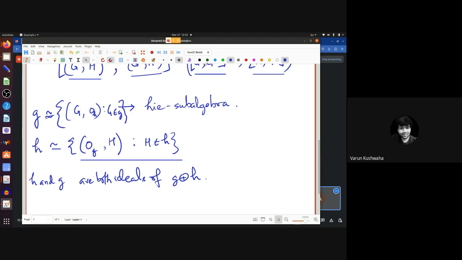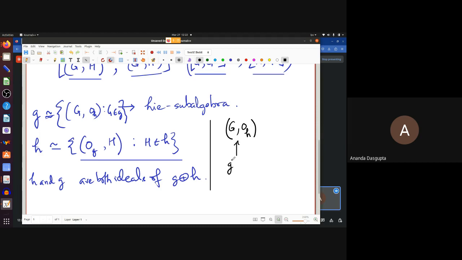Well, let me show. Consider Lie brackets. Just check the Lie brackets. Take an arbitrary element from small g. Let's say I want to show small g is an ideal. What I need to do is take this pair, this element from